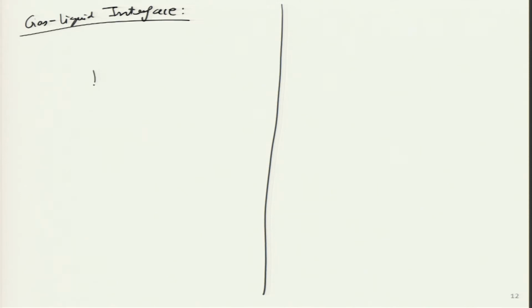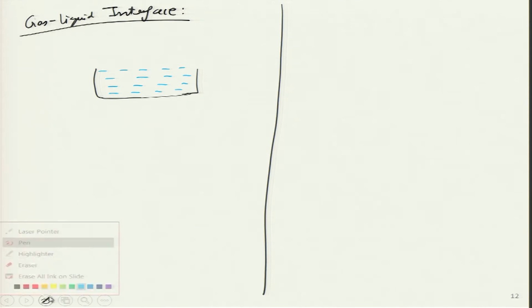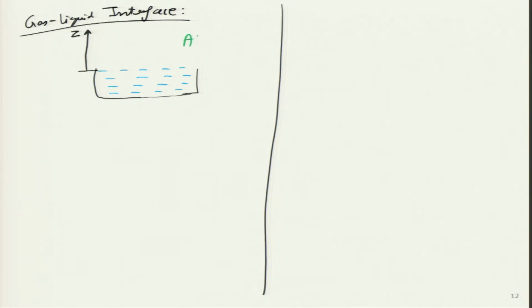Let us say we have a container of water over here, fully filled with water. I will make it in blue color, because generally we show water as blue. And now I am making the z axis starting from this particular point, at the water air interface, and air is on top of it, which I will make in green color. So, this is air, this whole thing is water. The interesting thing that will happen is that below the interface some amount of air may be present, shown in this green circle.